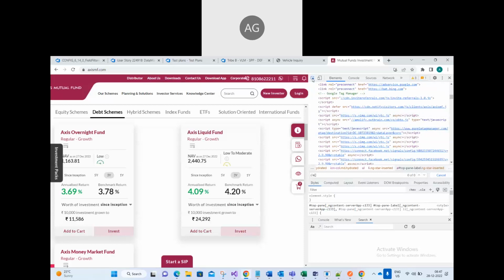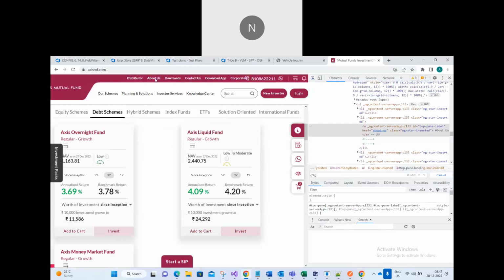Again inspect; if you have any doubt, go there and it will show the element. We can get it by attribute. What attribute will you use, ID or href? Href equals